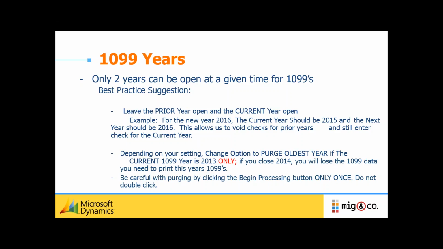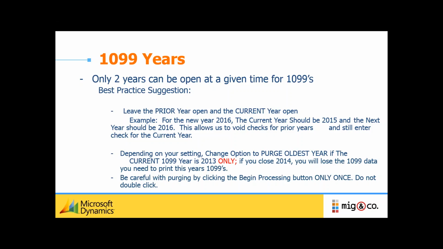So if the current year is 2013 and we're currently in 2014, then we're going to go to a process called purging oldest year. This doesn't purge any of the transactions. All it purges is the data that's in the 1099 bucket. All the transactions are still there. Only the reporting amount is being purged. So some folks like to go ahead and print out their 1099 reports and then actually run this process to close out or purge the oldest year,